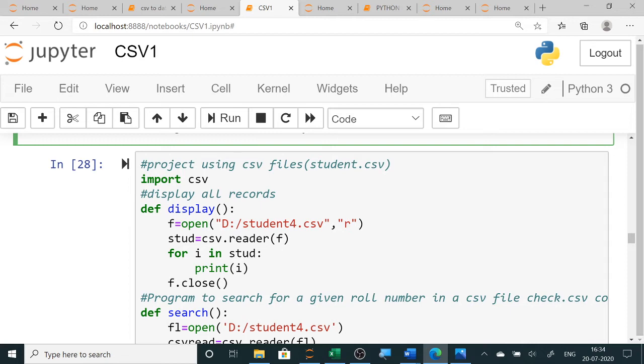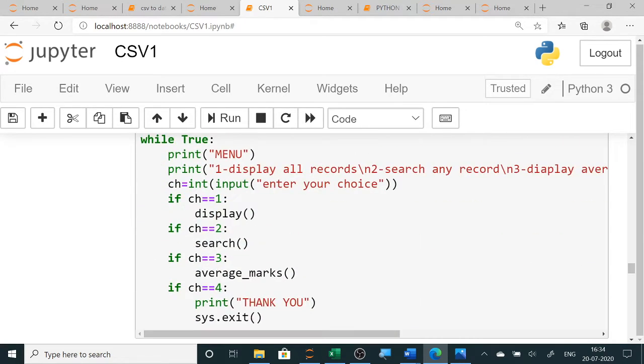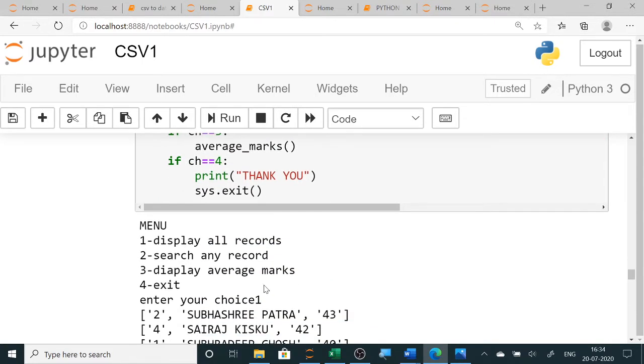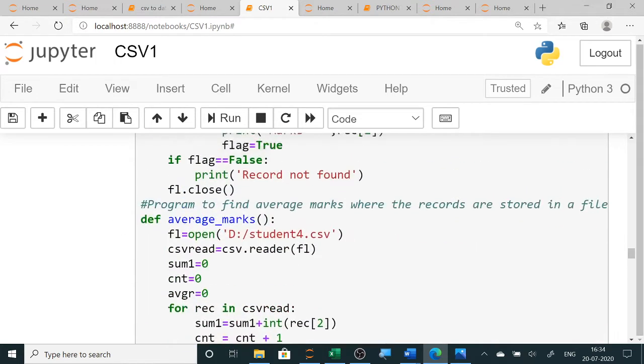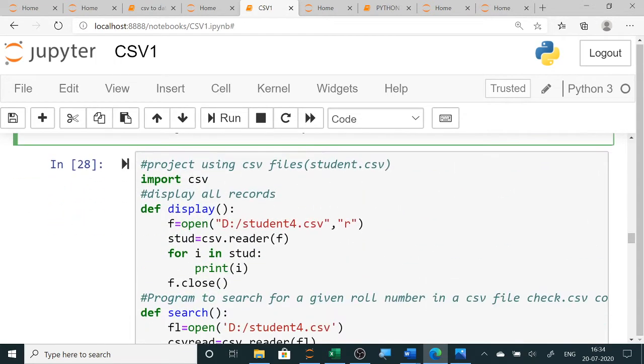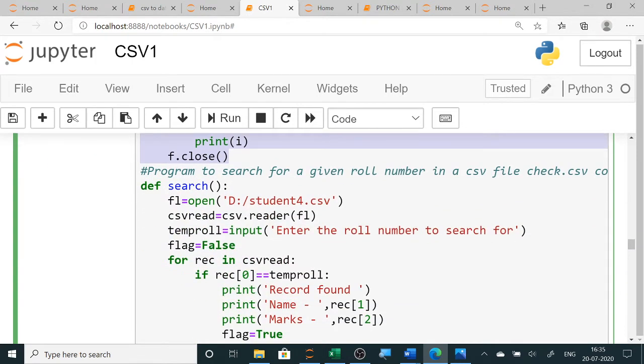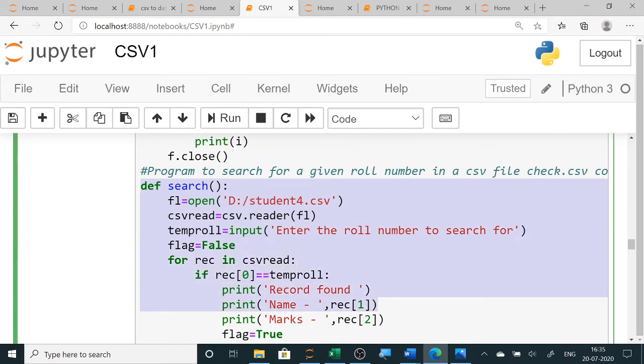Now when you are designing your projects, at that time you use functions for all these things. So here, using functions, you can see a menu driven program. It will display a menu, and as per the menu, whatever you enter, it will show the output. So like this you will design your projects. Now import csv is always for CSV files, and then the first function I have written is for displaying all the records. Then using def I have written a function to search. You can search using the roll number, using the name, anything. Here I have used roll number.